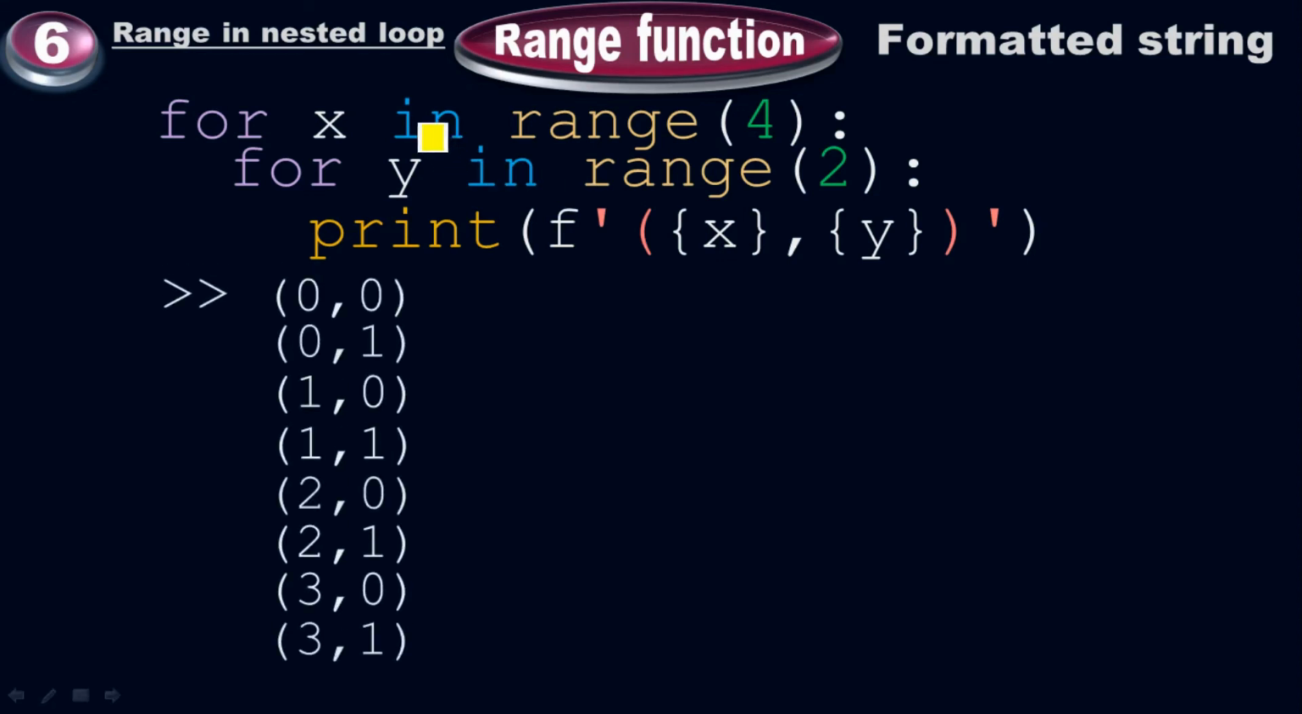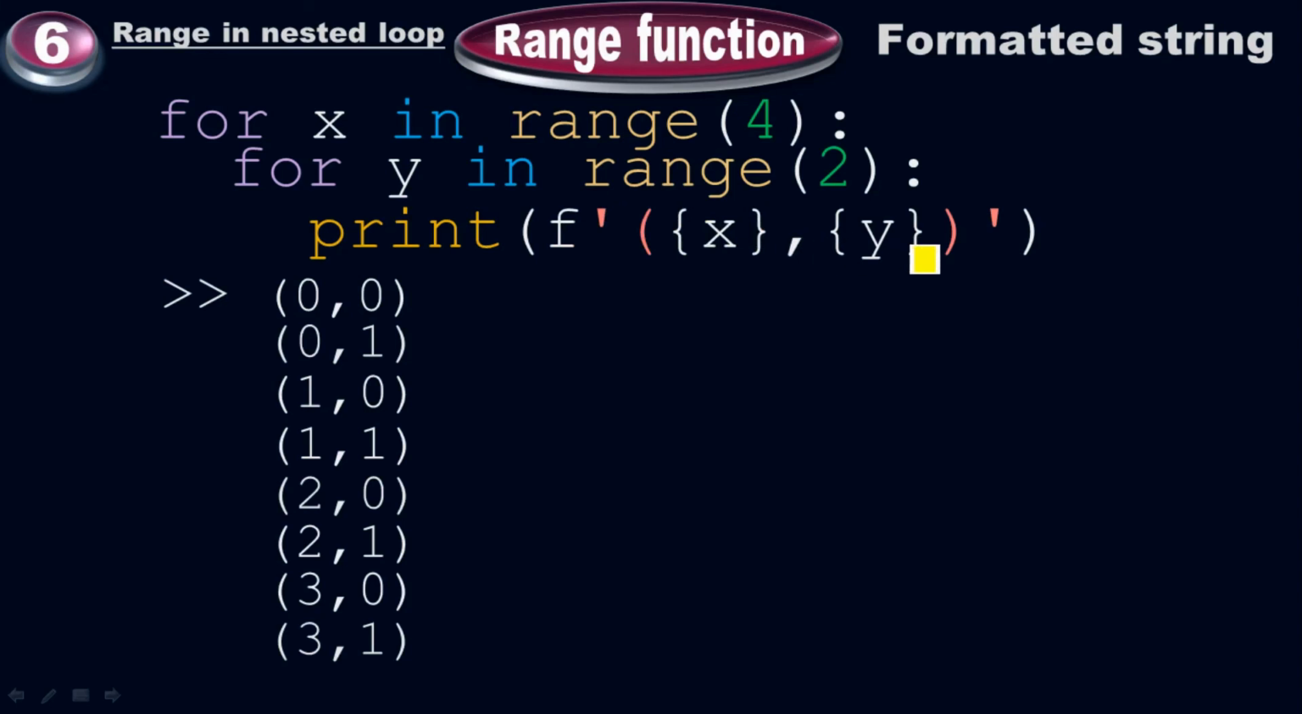Look, it is exactly the same example: x in the range of 4, y in the range of 2. But this time I have used a formatted string. If you remember, last time we had only print of x, comma y. But now we have f. What is f? F is for the formatted string. So f and then quotes and then x inside the curly brackets, comma,